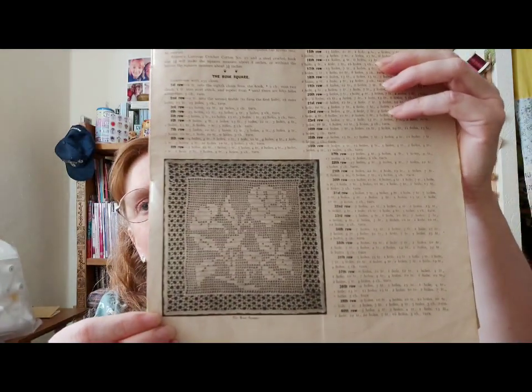Let's have a look and see if I can find the work in them. It is amazing. This one is beautiful, absolutely beautiful. Look at that rose. That's what they call filet crochet, and I absolutely love it. I've got a big piece down at home, which has got a teapot and all that on it, downstairs I mean,